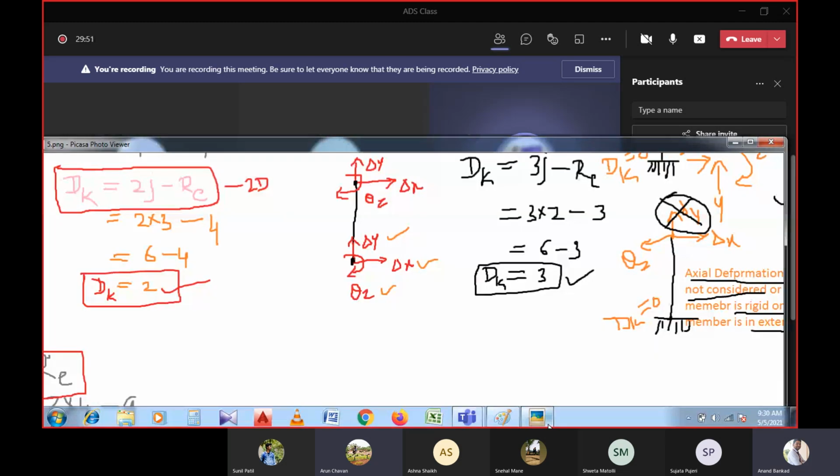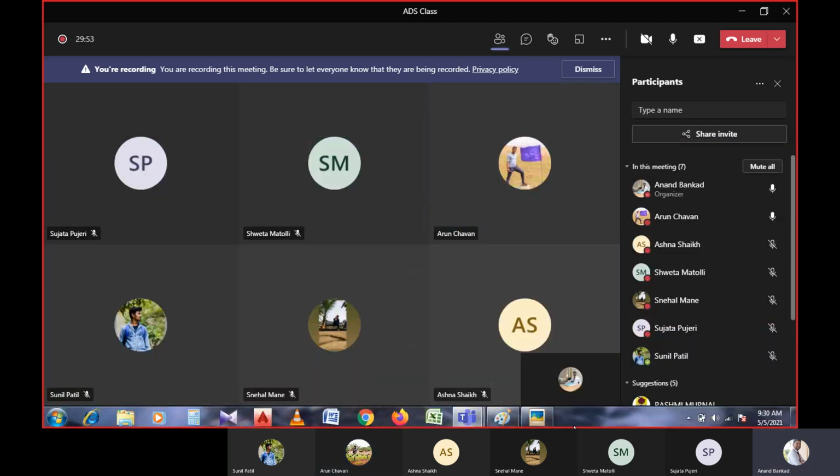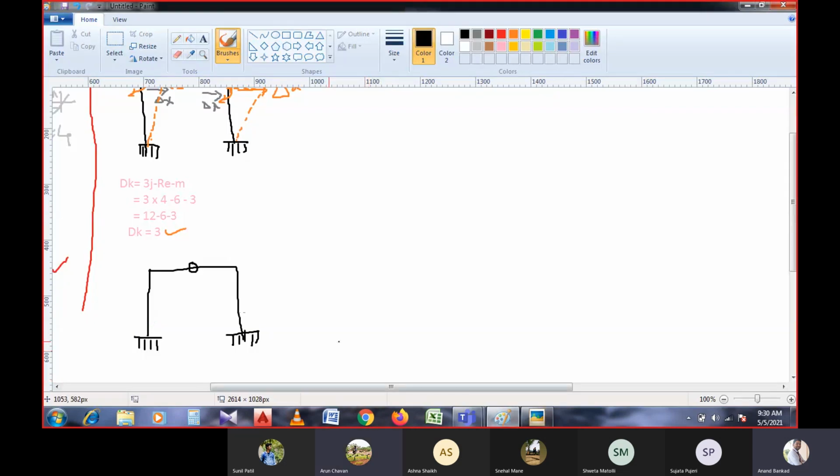Yes, you can have it in the particular member for statical indeterminacy. Even so, you can have the internal hinge for kinematic indeterminacy also. It is not like it should be there only in a particular member, right? So an internal hinge can be there in any of the members, any of the frames. We are just going to calculate how many degrees of freedom are there and how much statical indeterminacy is there for the particular structure. It is not like we have to provide it only for statical and not for kinematical. And sir, bending moment is always zero, no, sir, in internal hinges?